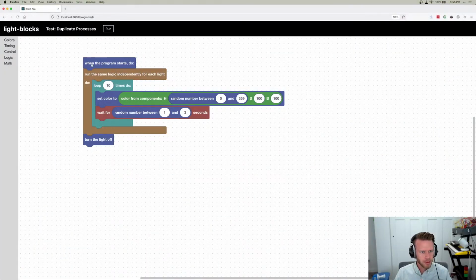So here's a program. You can see how it says when the program starts, we're going to run the same logic independently for each light. This is a new block that we added last week. What it means is anything that's in here, we're going to run that logic n times for n lights, right? So this light is going to run the logic, and then this light is also going to run the logic,